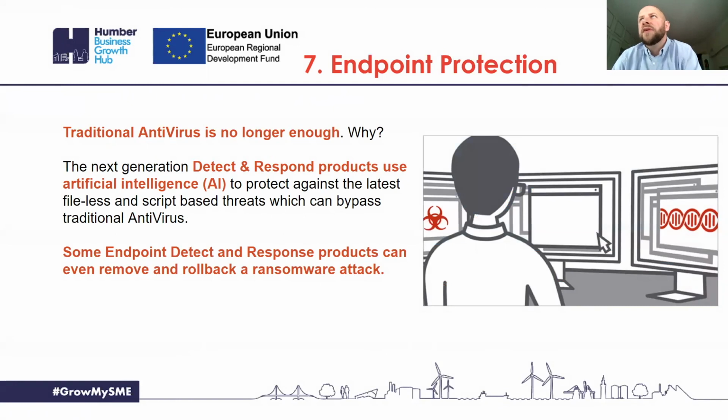Okay, number 7, endpoint protection. So traditional antivirus is no longer enough. The way traditional antivirus works is somebody gets a virus, the antivirus companies find out what that virus is and write the software so it looks for the same pattern again, and distribute it to all the other PCs. So it looks to say, actually, this is the infection. If you find it, it's named